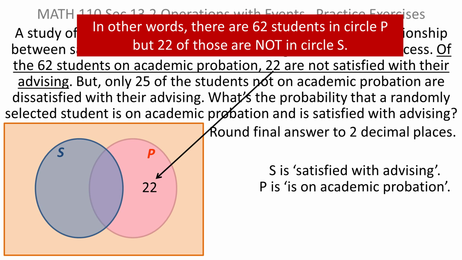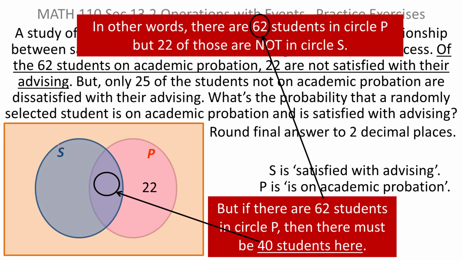So I know there are 62 students inside the P circle, but 22 of those are not satisfied, so they have to be outside of the S circle. The people in the S circle are satisfied, so the people outside the S circle are dissatisfied. But if there are 62 students in circle P, there have to be 40 students in that overlapping area between S and P, because something has to add with 22 to give me the 62 students in